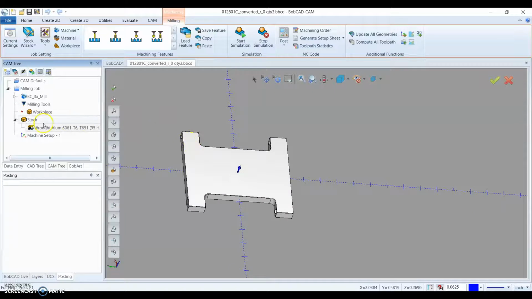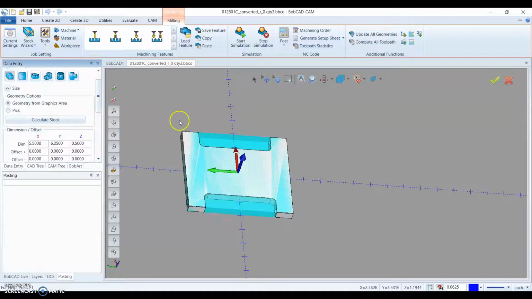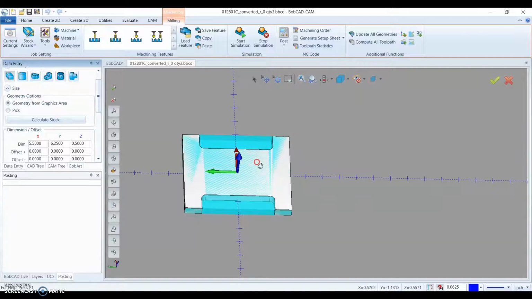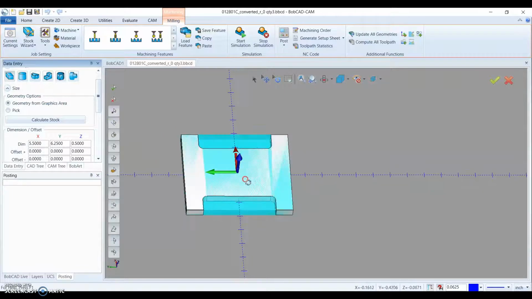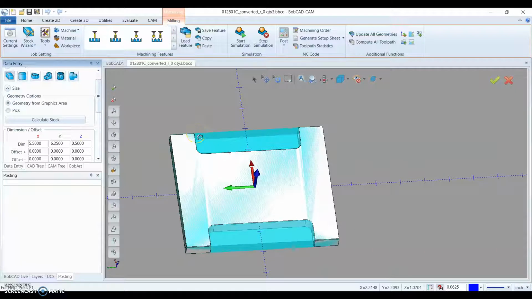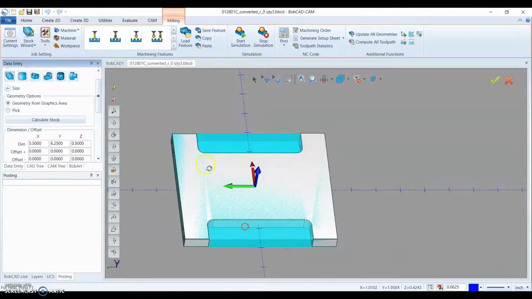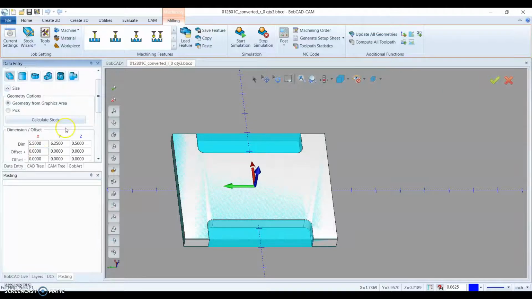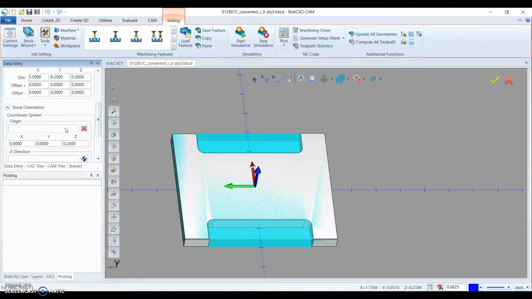So general process here, you're going to create stock. So just right click, go to stock wizard. You have all kinds of options for stock, but again, we're just going to go with basic stock. So when you do it, from the get-go, it's just calculating stock based on what the model size is. If you know that you're going to use a 3D toolpath and you want it to machine outside of the part, then you're going to add extra stock, and you can do that at each axis itself, or you can go to overall